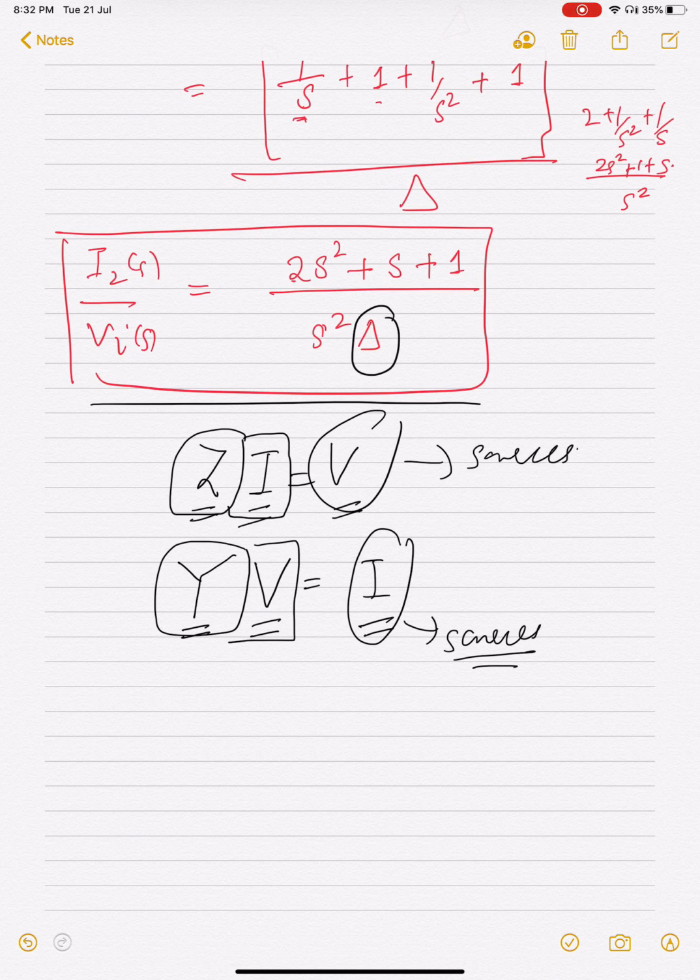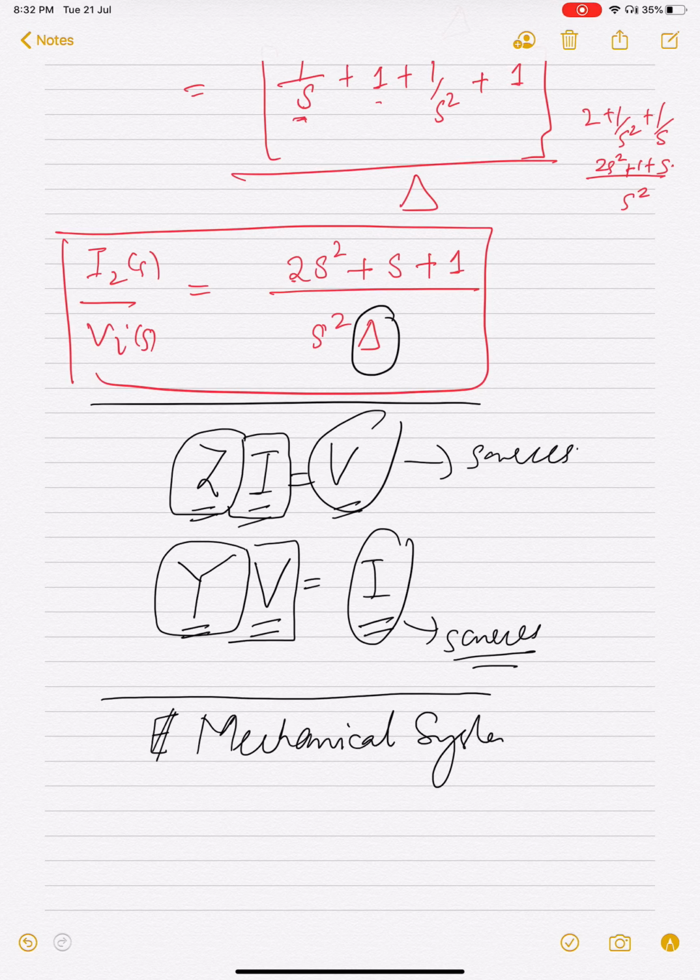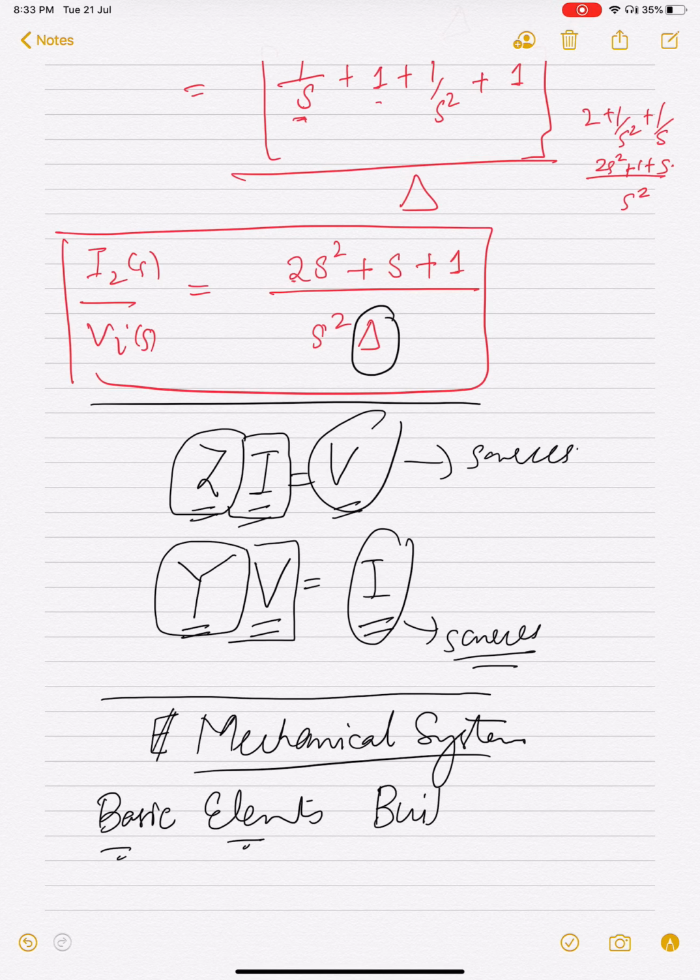So now let us move on. Let us go beyond circuits, because our aim is not just to write down transfer functions for electrical systems. We would like to do it for as diverse a system configuration as possible. So the next thing would be touching mechanical systems. How do we write transfer functions for some mechanical systems? What are the basic elements of a mechanical system? So, building blocks, you can say,